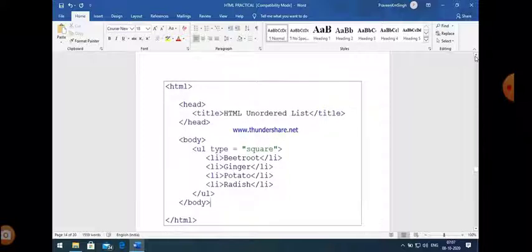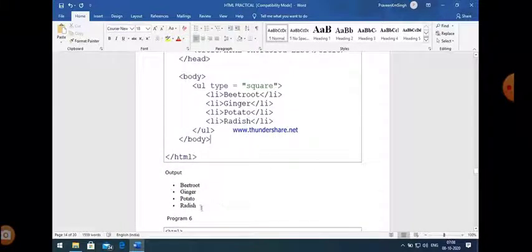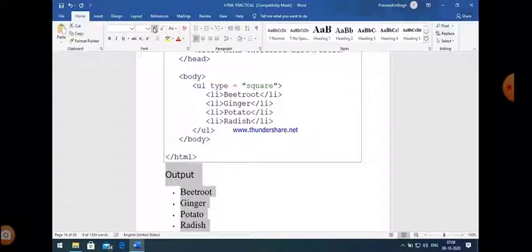So it is our program here. Now I think it is clear to all of you. Simply a list, and that is the output. Then you can easily see that different data and different items of a list are represented by a square. This is a symbol of a square.